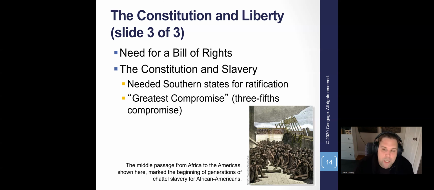The compromise that was reached under the United States Constitution was known as the Greatest Compromise, or the Three-Fifths Compromise, where every slave was treated as 3/5 of a person, right? It made sure that the southern states didn't gain too much power from having the large population of slaves and potentially acquiring more slaves to make it even more powerful politically. But it also ensured that the southern states didn't completely lack power, right? The population of the southern states was very much smaller than most of the northern states, because again, you had substantially larger agricultural territory rather than condensed cities. Okay,